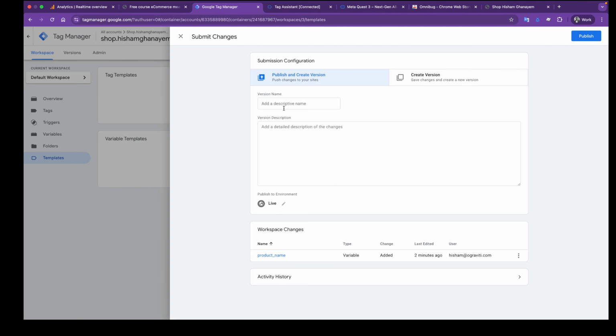So let's say we implemented the product name, creating a new custom variable and pushing the product name. Now, once I click on publish,